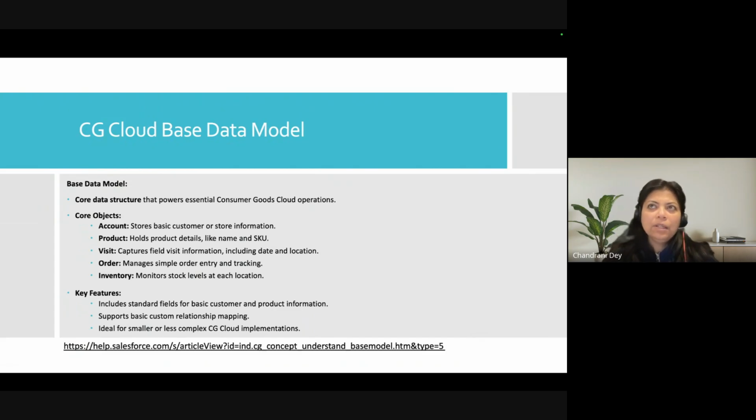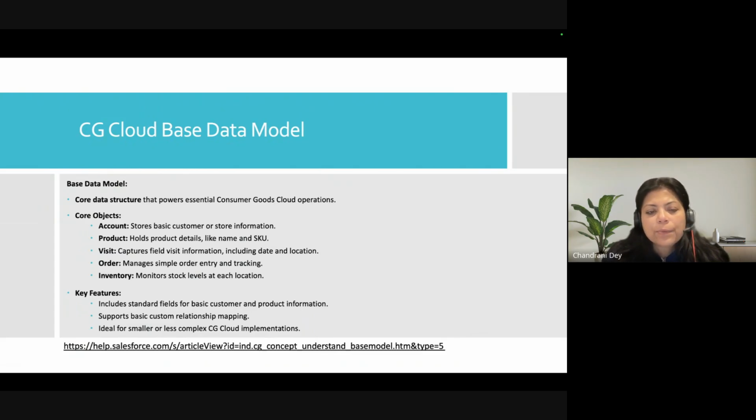If a company has requirements for the next 5 or 10 years' roadmap that could be completed by the base data model, then it is advised to go with the base data model, because enhanced is very complex. Okay, core objects of the base data model are account, which stores basic customer or store information;